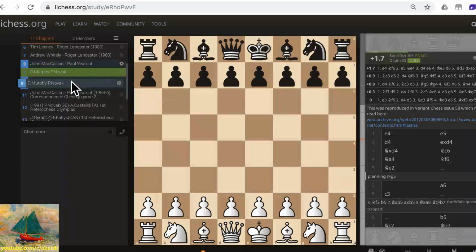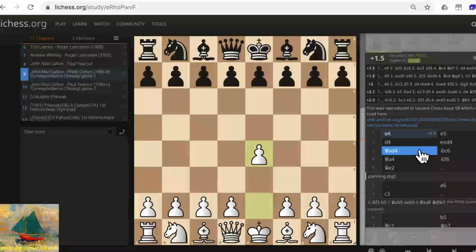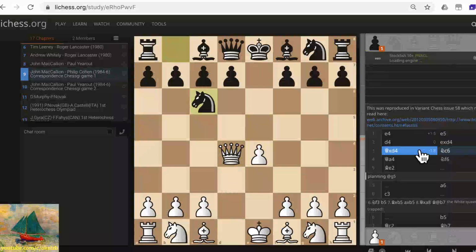So I'll put that Novak game just a bit later. We've got these, because these are some very early games by John McCallion, correspondence games, which he played with his correspondence. Takes,